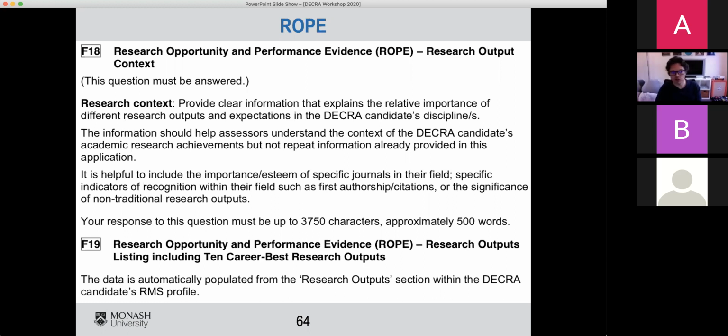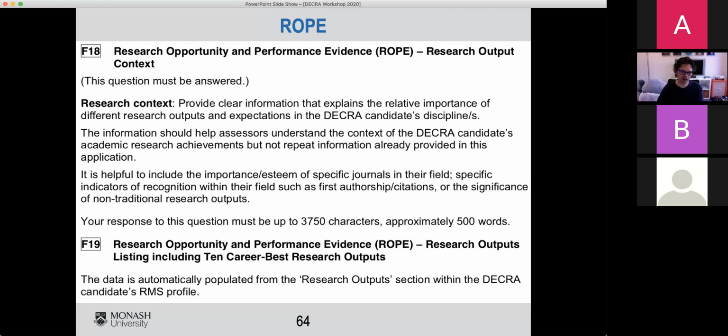So the question here is, if you change slightly in field, from PhD to postdoc, are you talking about both? I would say so. I would say that you could say my research spans 2 disciplines. The top journals in this discipline are these ones. The top journals in this discipline are these ones. That sort of thing. But I guess, if you're doing a postdoc now, I would say that's the case. If you're moving into a different discipline with the DECRA, you wouldn't need to talk so much about the discipline that you're moving into. It's about your track record, not about your plans.